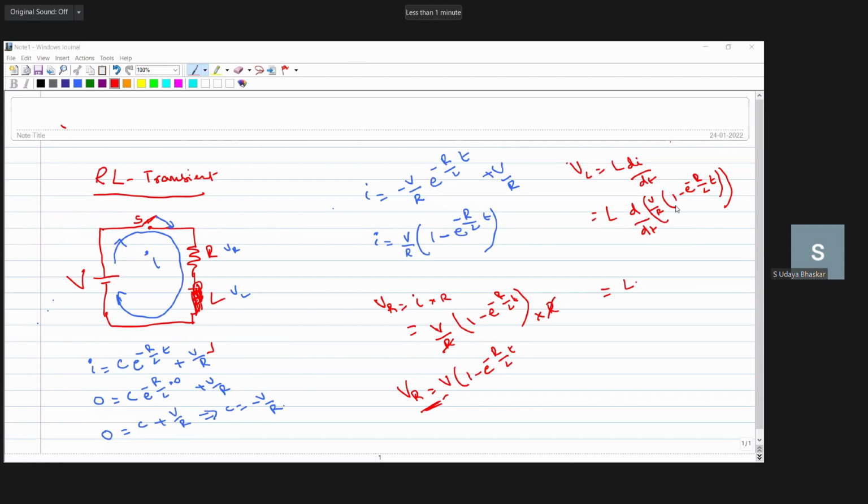Next, we go to this term. We get d by dt of minus V by R into e to the power of minus R by L into T. So this is equal to L into minus V by R, and d by dt of e to the power of minus R by L T is equal to, we can say, e to the power